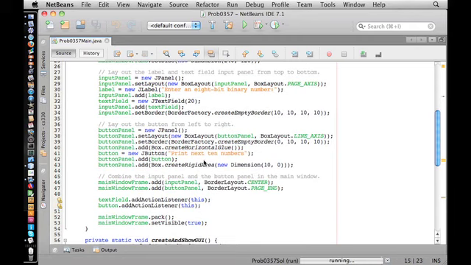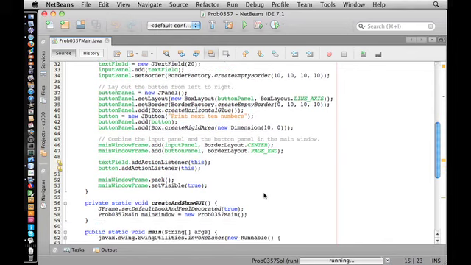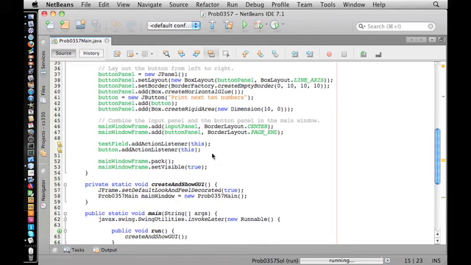And then here is the button that says print the next 10 numbers. This is the text that goes inside the button. And then we combine the input panel and the button panel in the main window. So we add this, and we have it centering, and things like that. And now here, this